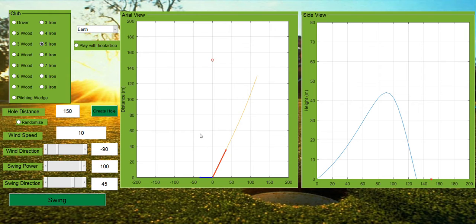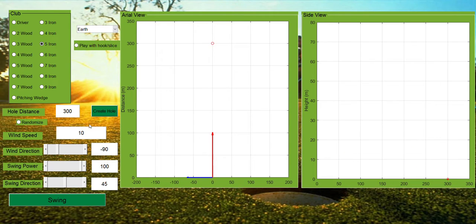And then this last one is a 300 meter hole with 50 meters per second wind going the other direction, so coming from the west going into the east, 100% swing power, 85-degree angle into the wind. So we've got the hit direction going that way, 100% swing power, the wind direction going that way. We're going to do that one with the driver